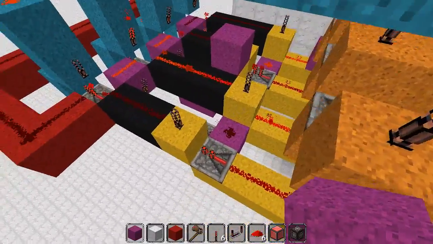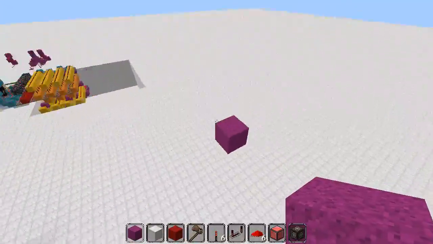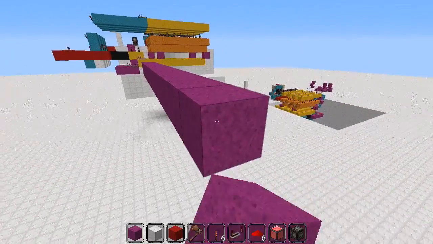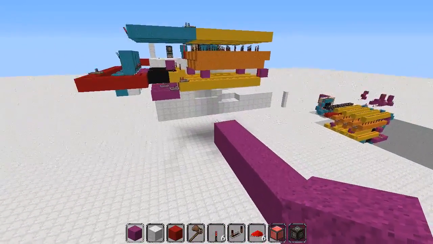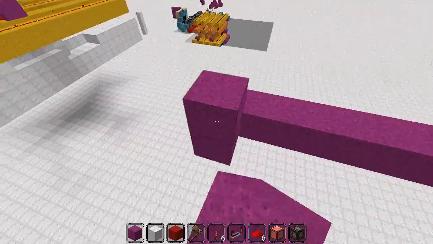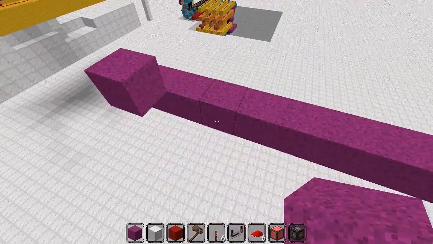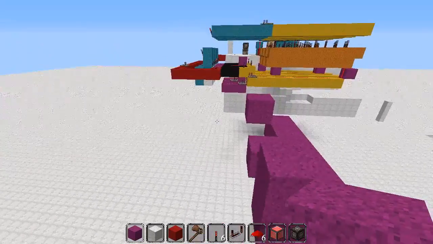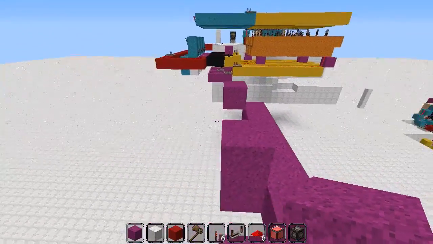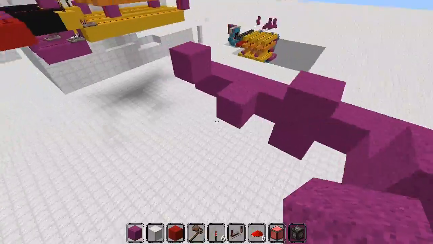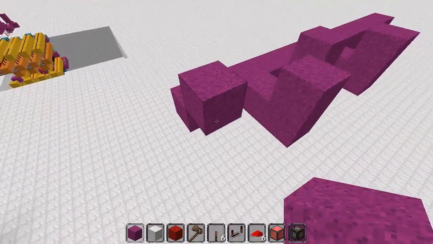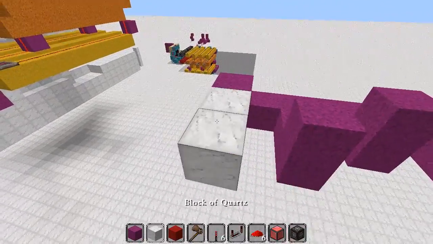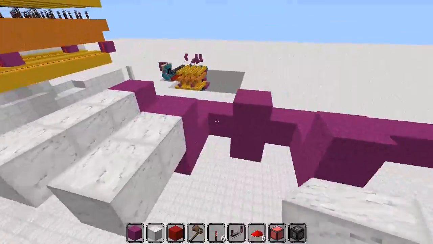So we need a line of blocks just to start off. I've just built this, so please bear with me. I'm just making it clearer for you guys. So what you want to do is this pattern. Build up like this, build up like this, and that's pretty much that. You then want to get your other block like this,